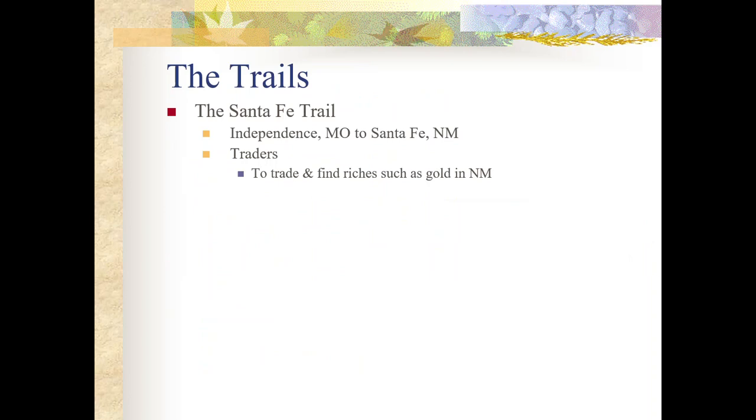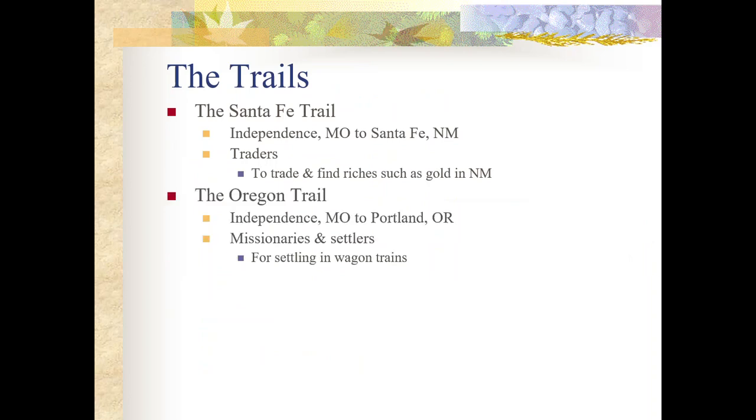Another prominent trail was the Oregon Trail. This also started in Independence, Missouri. The river systems were key because, since there weren't roads or railroads, the rivers were their guide. So again, starting where the Mississippi and the Missouri meet, the Oregon Trail really does follow the Missouri River for a great deal out west. It's also very reminiscent of the Lewis and Clark expedition. Their goal was to reach Portland, Oregon.